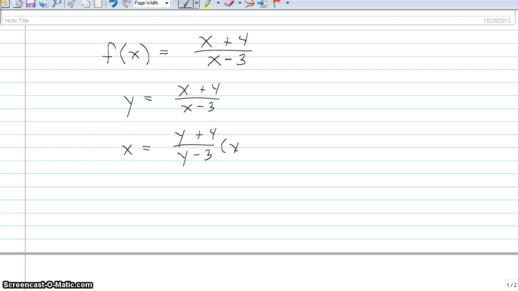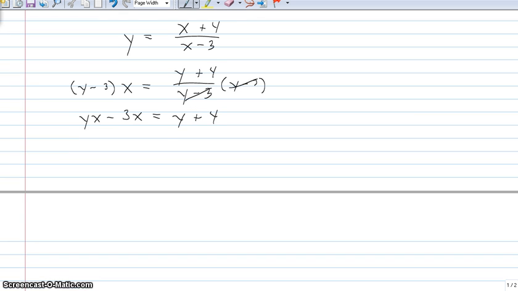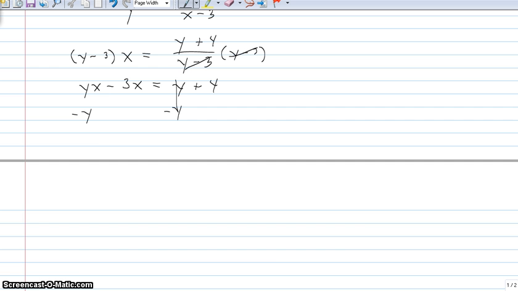So we're going to multiply by y minus 3 on both sides. And then on the left side, I can distribute the x. And so my goal is to solve for y. So I want to get the two terms with y on the same side. So I can subtract y. And then also, I want to get the two terms without y on the same side, so I'm going to